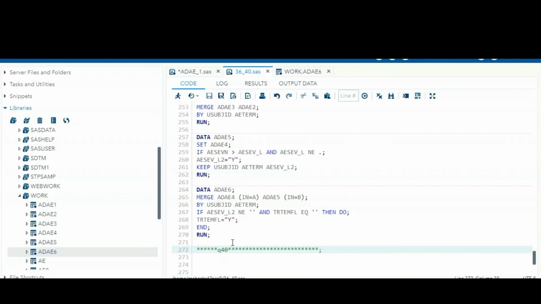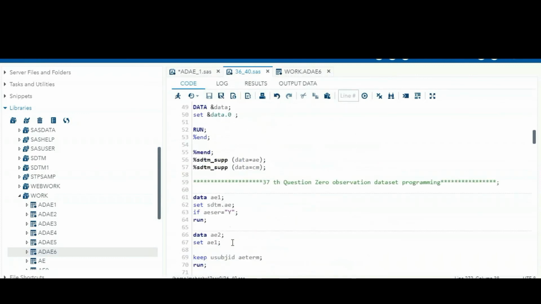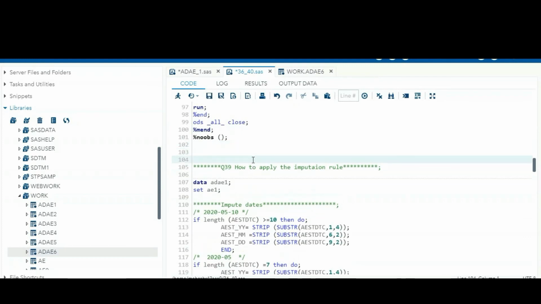So whenever you have to export your log or export your output, the .lst file, you have to write the proc printto. So proc printto is nothing but, you can mention it at the starting position of which log you want to print. So we are running this one, right? So all this program. So what we do is, at the starting step itself, you can write the proc printto. So from here onwards, we want to print the log.